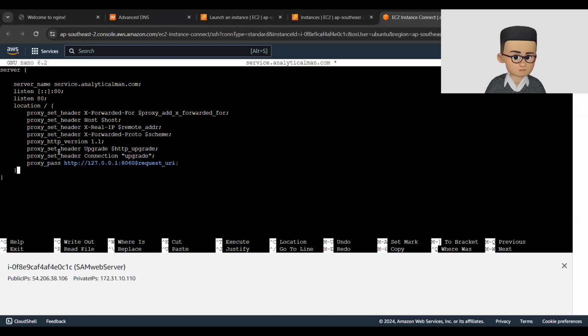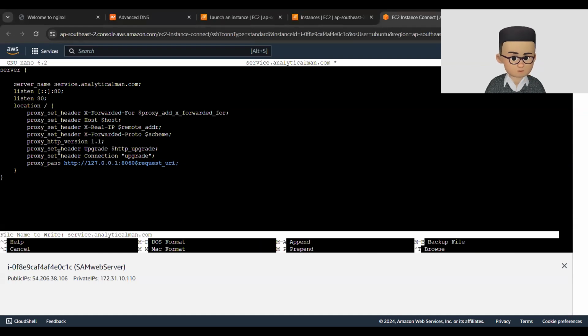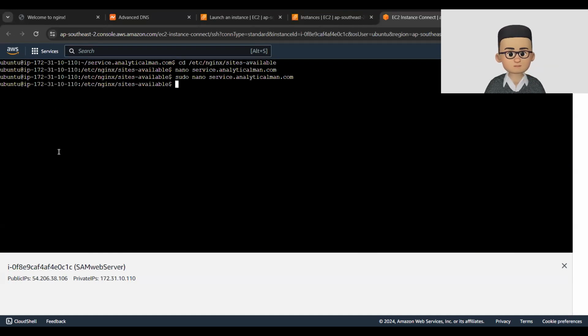And save it. Ctrl X, yes, oh, saved. Now, once the configuration file is created, the next task is to create a soft link